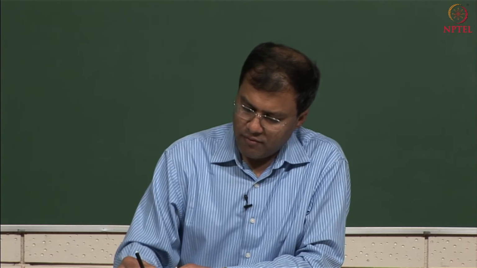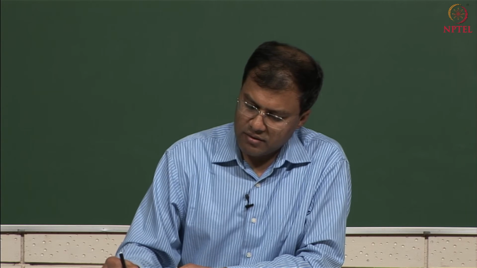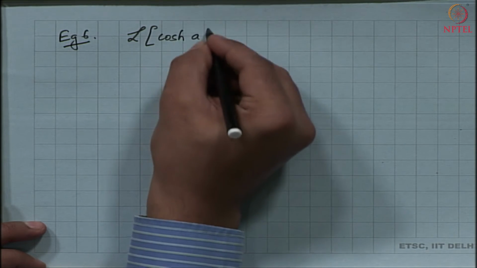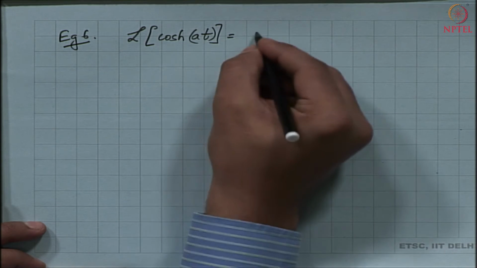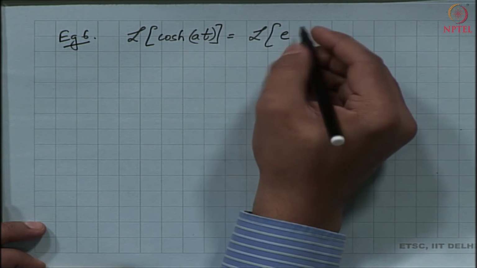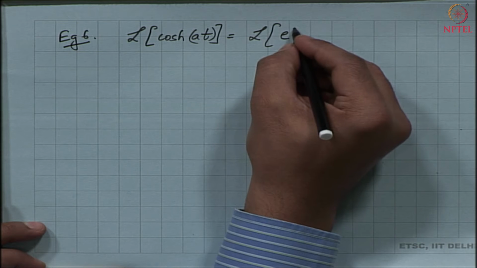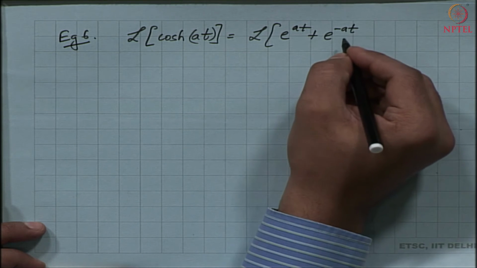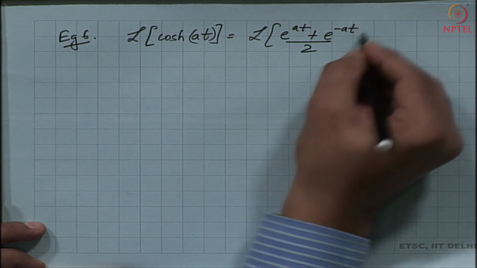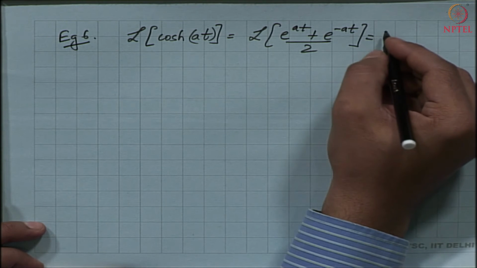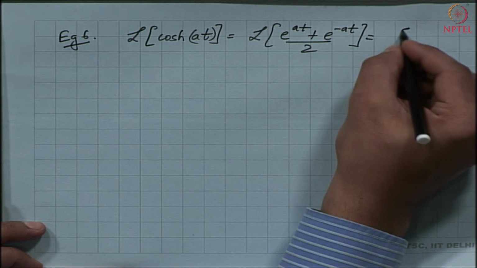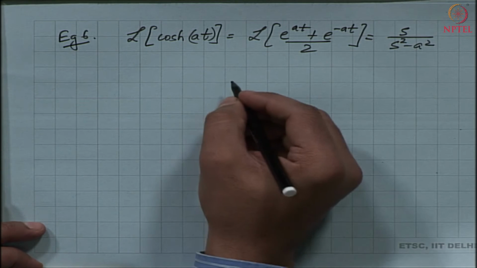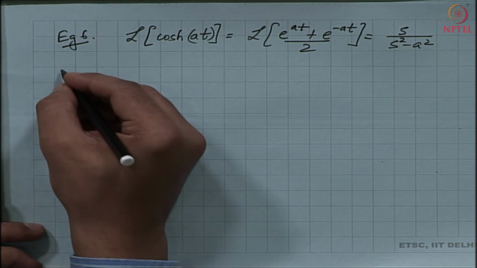Then I have a few more examples. The Laplace transform of, let us say, cosh a t, the hyperbolic cosine, which is the combination of exponential functions e to the power a t plus e to the power minus a t divided by 2, we can evaluate this expression and it is given by s by s square minus a square. And then there is one more case,